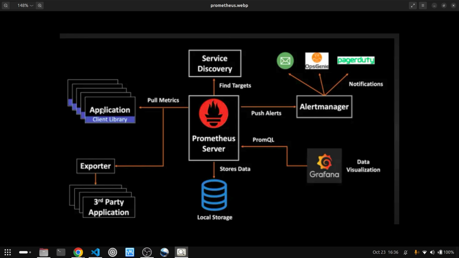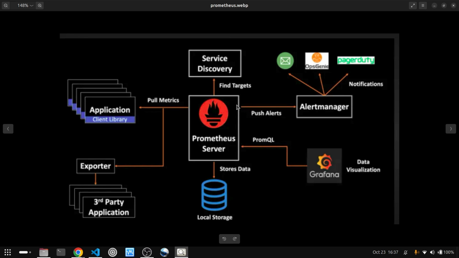Whatever metrics we want, we have to write the code for that in our application, like a Node.js, Flask, Django or Go application, and then expose all of them at a given endpoint. That endpoint will be used by Prometheus to pull those metrics into the Prometheus server, and then based on those metrics and data, Prometheus will then